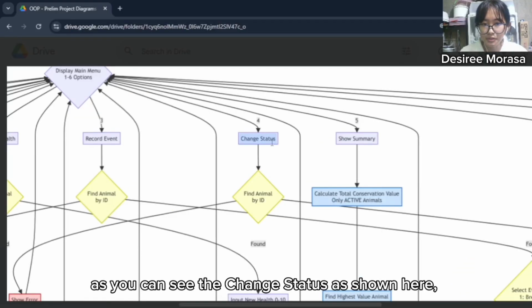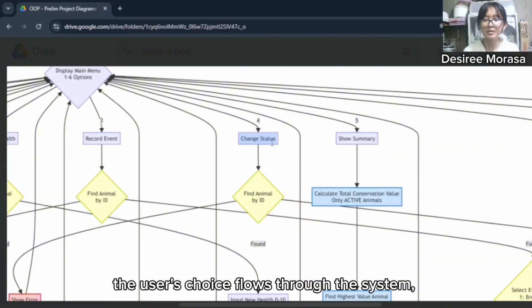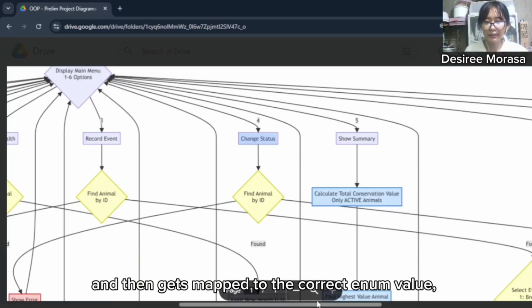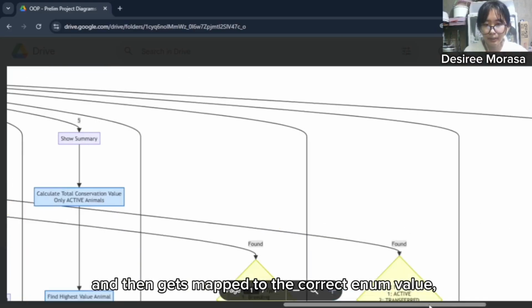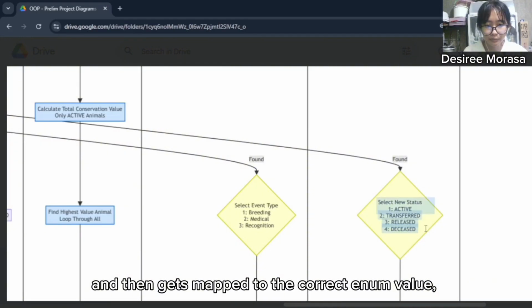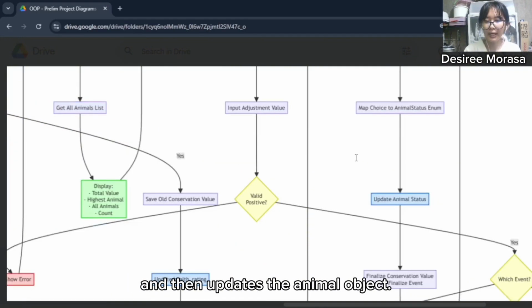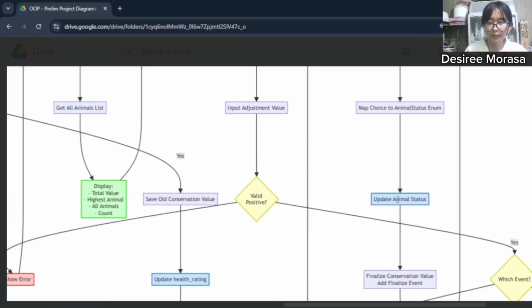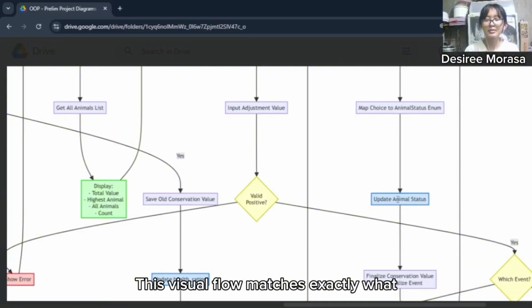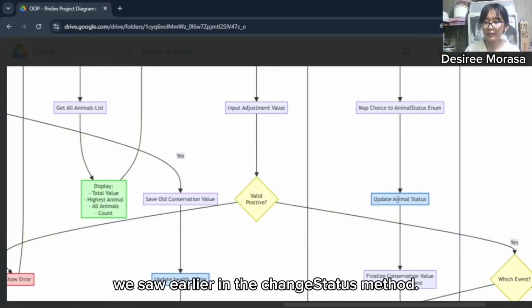As shown here, the user choice flows through the system and then gets mapped to the correct enum value, and then updates the animal object. And this visual flow matches exactly what we saw earlier in the change status method.